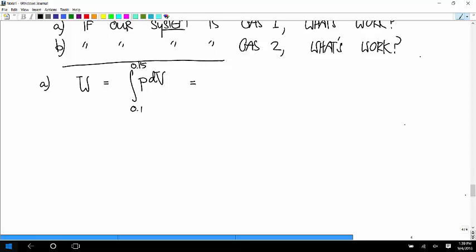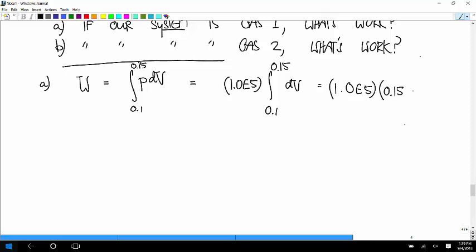Okay, so the work is equal to, P is constant through the whole thing. Whenever that happens, we're happy because we know we can do that integral. We don't need to look for any other relationships. So we have that pressure times the integral from 0.1 to 0.15 of dV. And so that's equal to 1.0 times 10 to the 5th times 0.15 minus 0.1. And you get negative